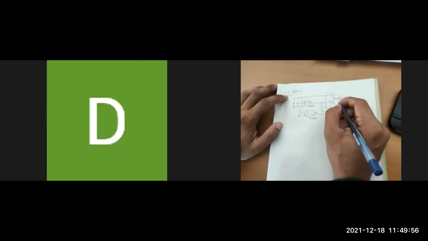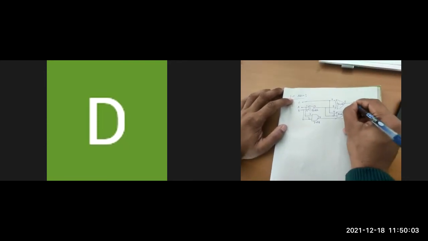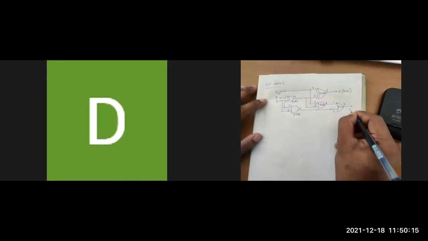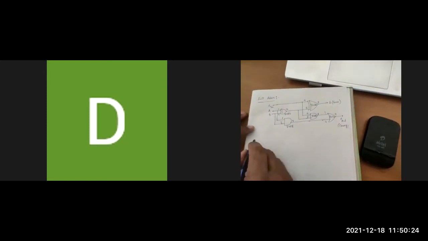Now one thing, this is the value of 6, and this is 6. So this is for the sum, this is for the sum, and this is C. Actually here, you can say this is C in and this is C out. This is for carry. So here you can see there are 3 inputs for the case of full adder. So the truth table,